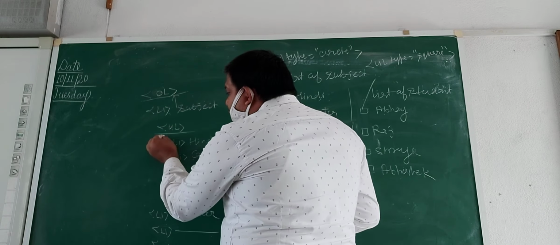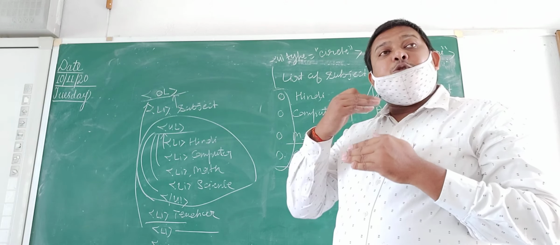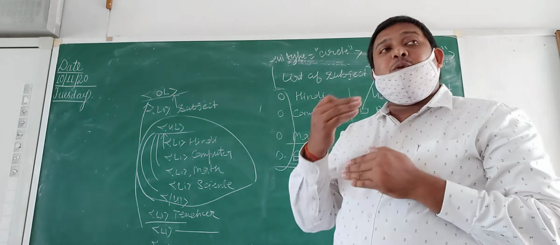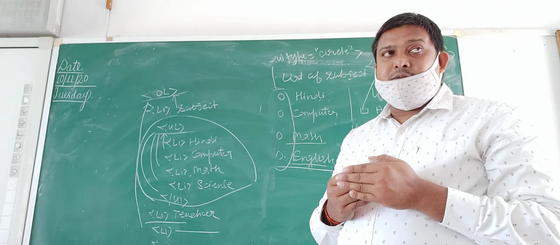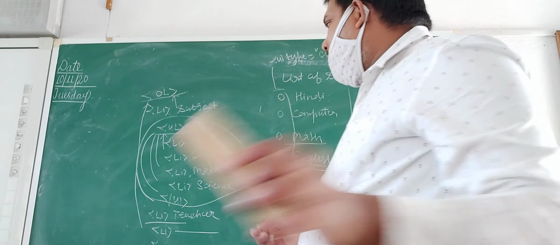This also will follow this one. This also will follow this. And this one also follows this. When we have closed this one, this chapter is closed. And then which LI will this follow? Which one is the nearest open? So whenever we are going to write the output, we have to do this work very carefully. We have to show the list by the nearest OL and nearest UL. Is it clear?